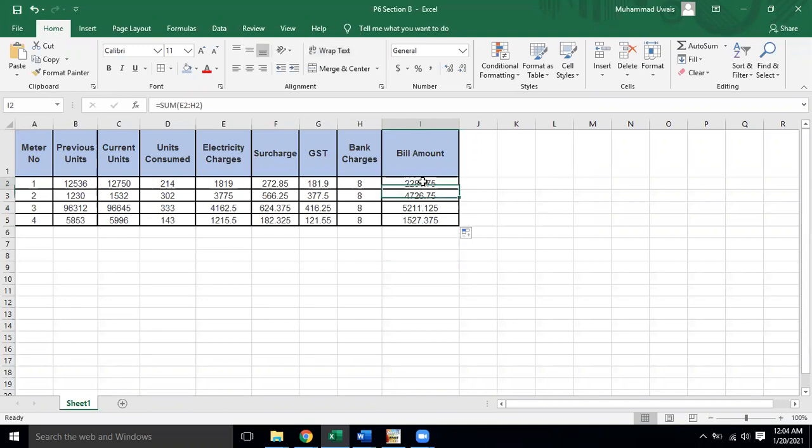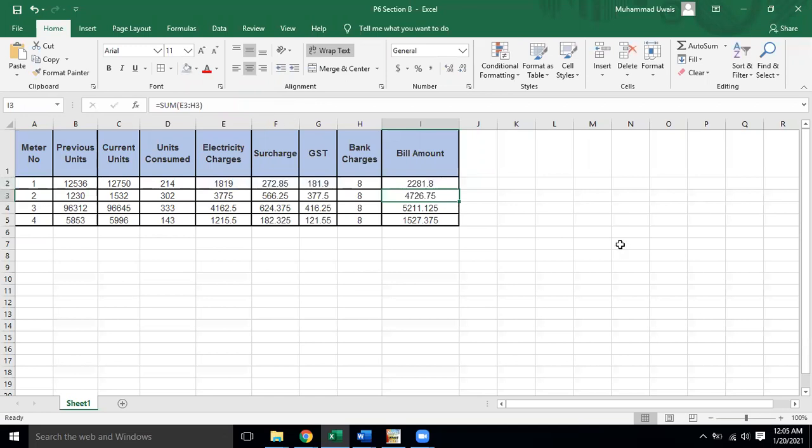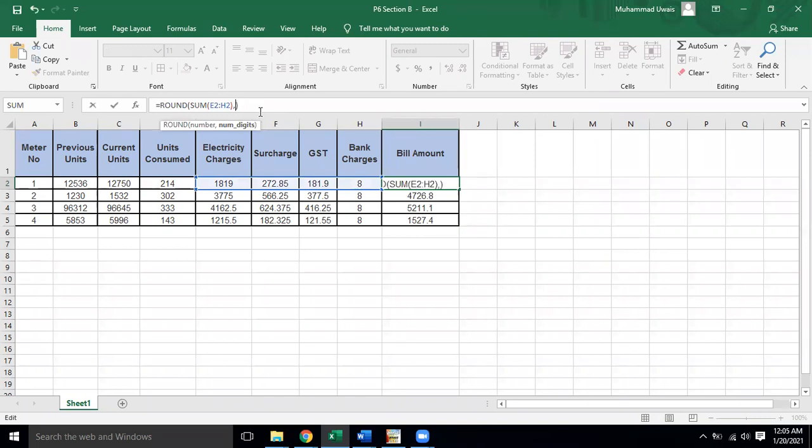Whenever you apply roundup, you put the value in a round function. So I am typing over here in the formula. Before the start of the sum function, I will apply the round function to it. Round it off up to how many decimal places? If I write 1, it will give you 1 decimal place. But over here we have been asked to apply 0 decimal places, because we cannot pay 0.8 in Pakistan rupees. So I am going to say over here up to 0 decimal places.